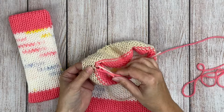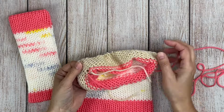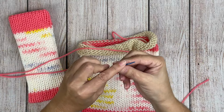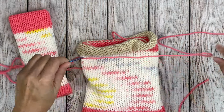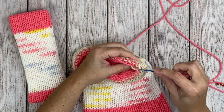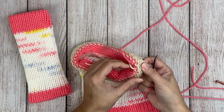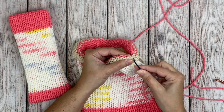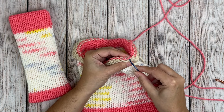Now to close the opposite end. Because this edge will be up around your arm, the grafting technique will give a nice stretchy edge to fit most arms. Thread the long tail onto a tapestry needle. Starting with the stitch to the right of the tail, go down through the stitch from the front side to the back side